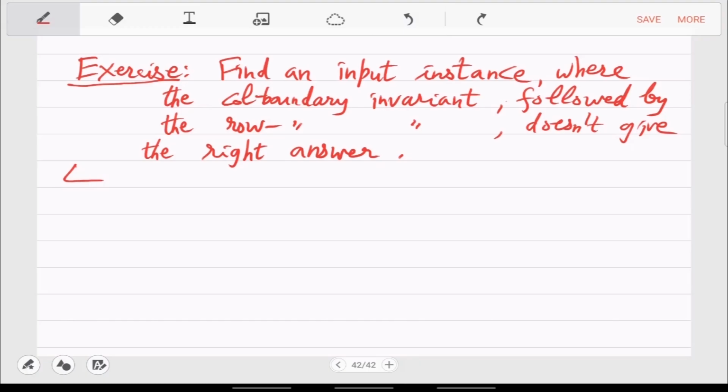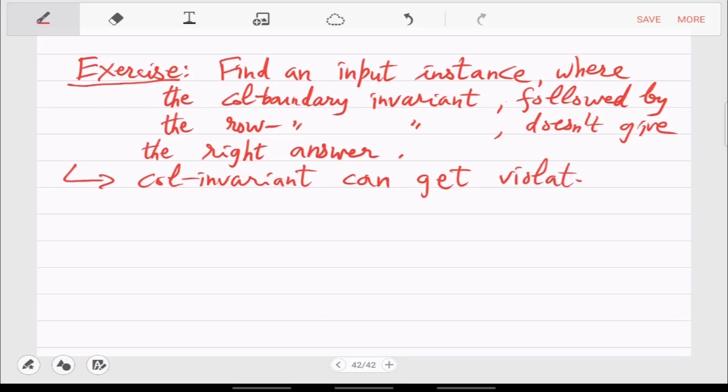So this column invariant can get violated when you use the middle row.